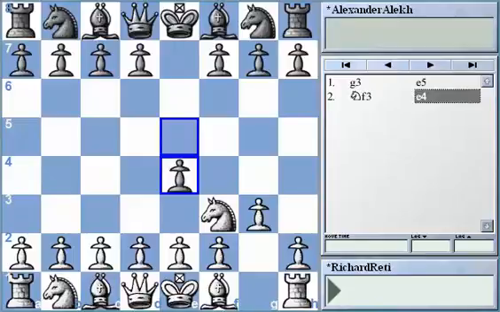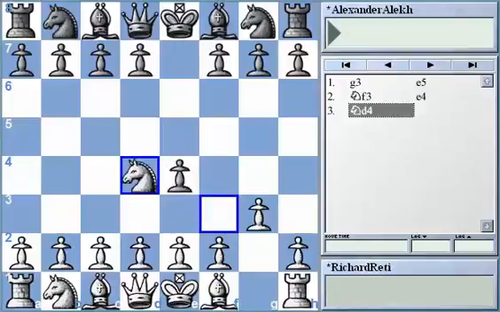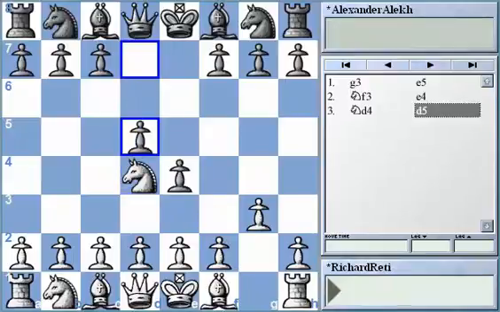And this line, I don't think that we've seen this line very often in modern play, but who knows, maybe it'll get a second tryout. But here we see Reti, the hypermodernist, inviting Alekhine to overextend himself with e4, and then Reti hopes to destroy that center later. Okay, knight d4, even knight g1 is a plausible move here. And Alekhine plays d5, taking the center.